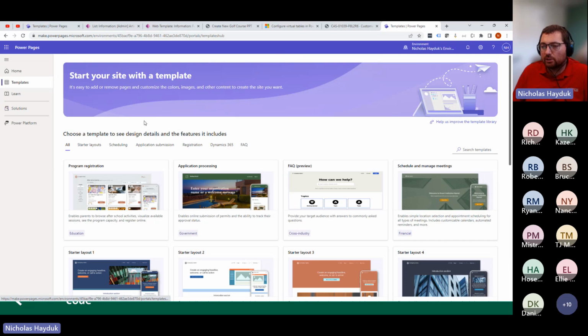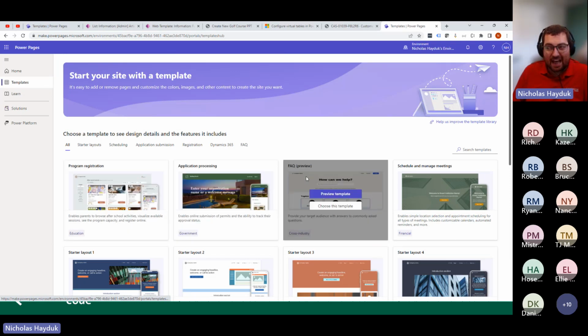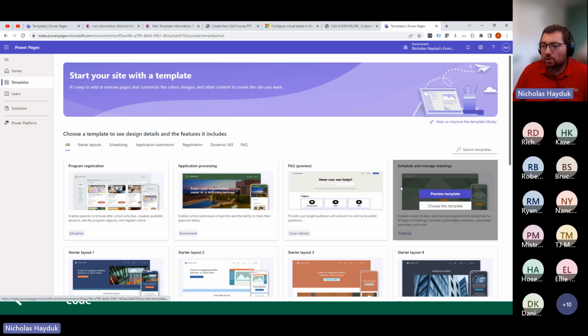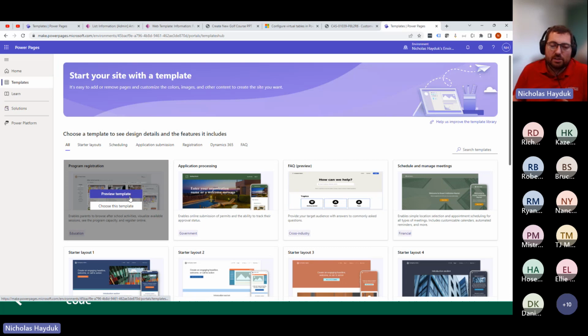Some of the newer ones that they've introduced: program registration, application processing. They just had FAQ added, I don't know, a month or 2 ago. So these are cool for a few reasons. One, it's just cool to see the different ways that you can implement Power Pages. By actually installing these in, say, a trial or a test environment, you can see different ways that these